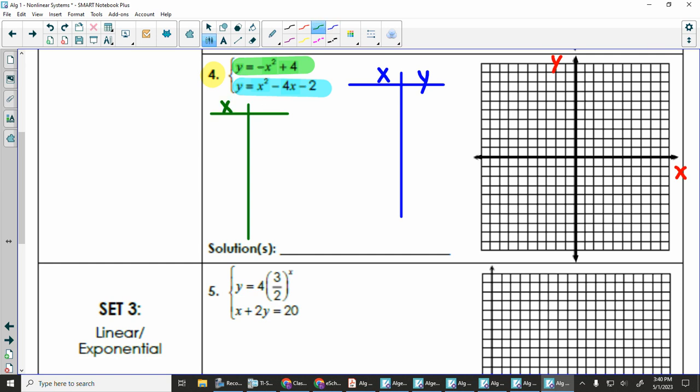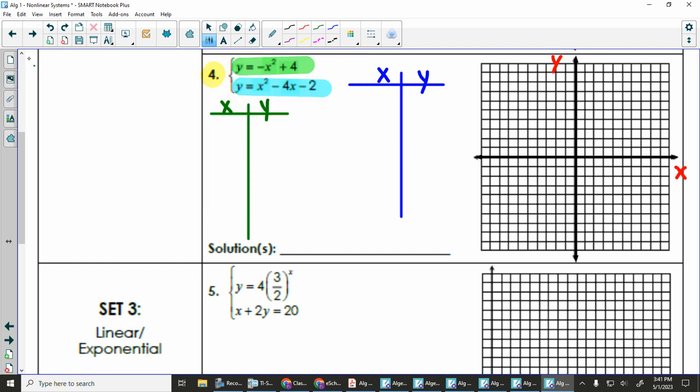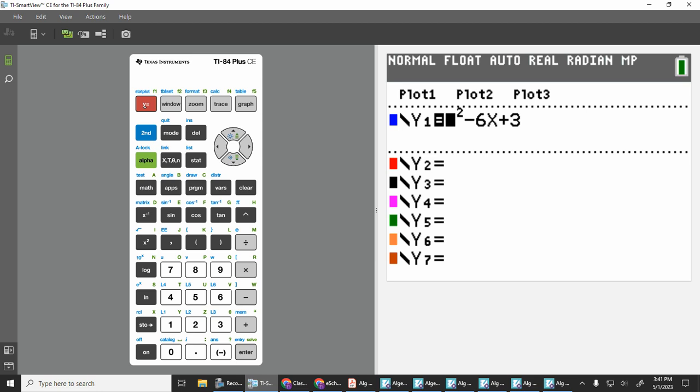So again, we're dealing with 10 by 10 grids here. All right, so I'm not going to be able to plot any number that's bigger than 10 or smaller than -10. All right, so let's start with our green graph. We have -x² plus 4. All right, so I'm going to go to my y equals, clear it out, and type in -x²